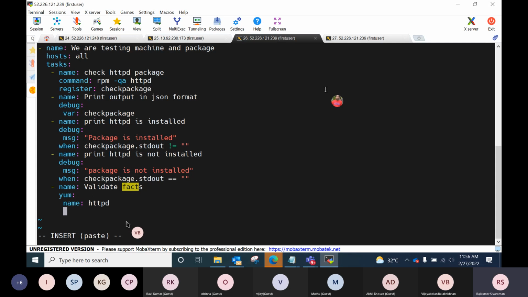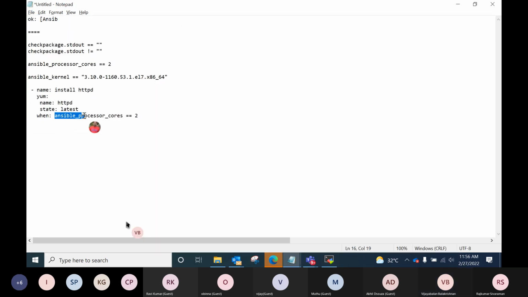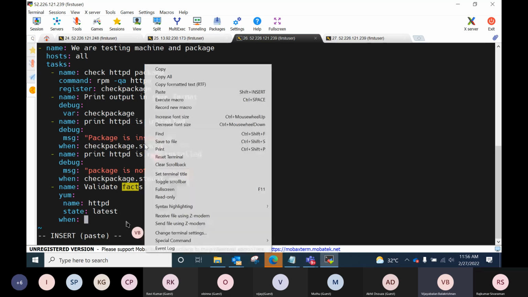Install command, right? State. What do you want to do? Yeah, latest. You defined latest. Enter. So now you apply the condition. when colon. Now, when colon. No. When should not have colon. Yeah. Now copy paste that condition. CPU cores. Yeah. So now copy paste and save it and execute